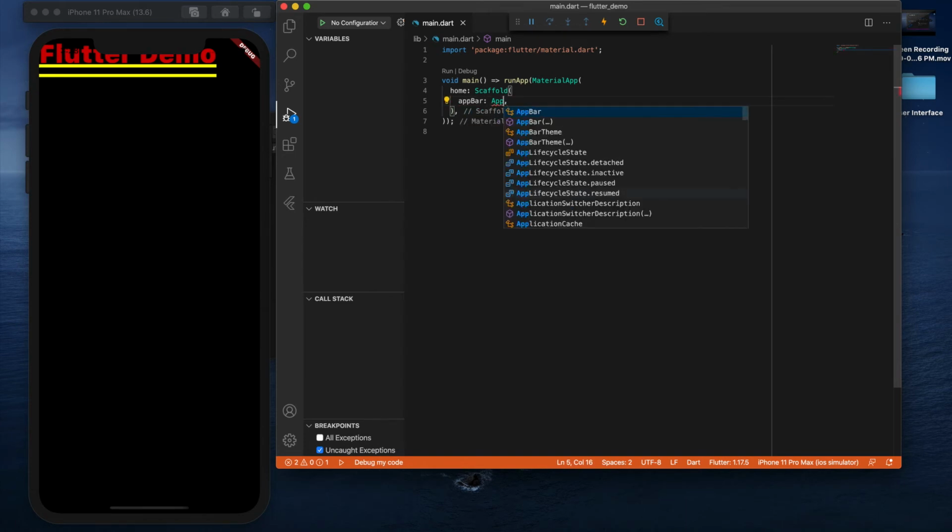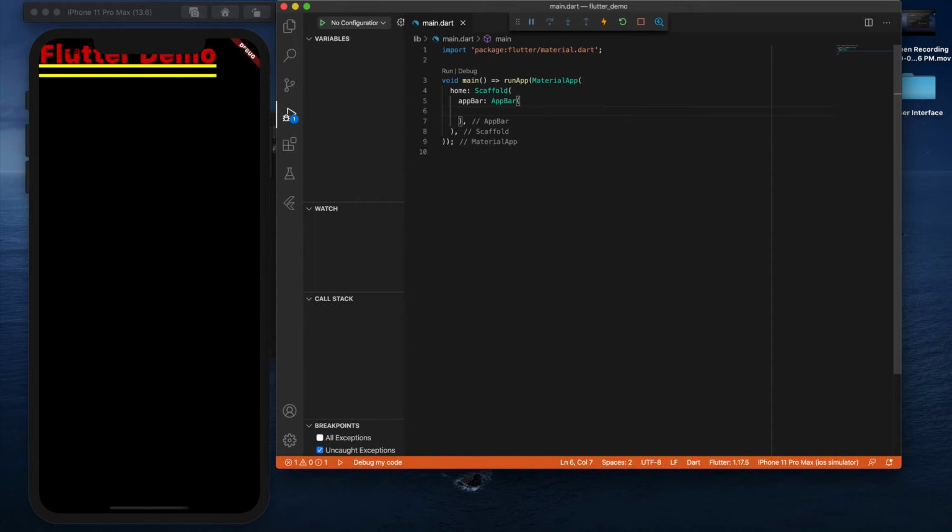An app bar is one more widget, and it holds the title. The first thing inside the app bar is the title. If you write the title, you can display it on the simulator within fractions of a second.